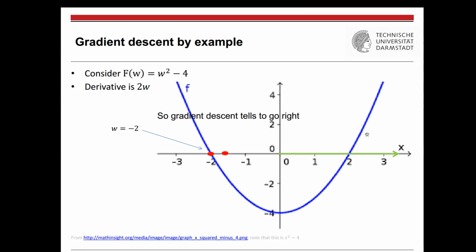So if alpha is very small, we would end up here, and you see we have already improved. So this is a good thing, we have improved. We could go a little bit further, we could improve more by going further. And if we were very close to 0, that would be the best improvement. If we go even further, it would not be so good as the previous